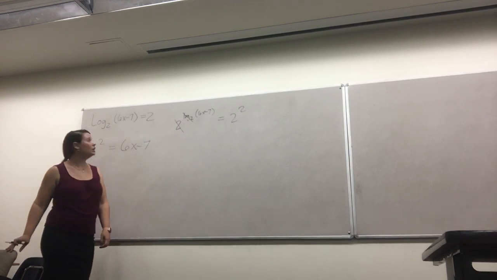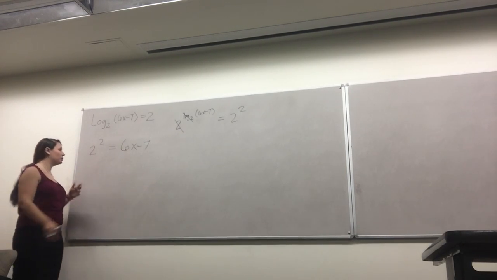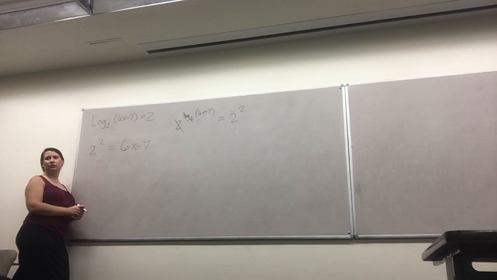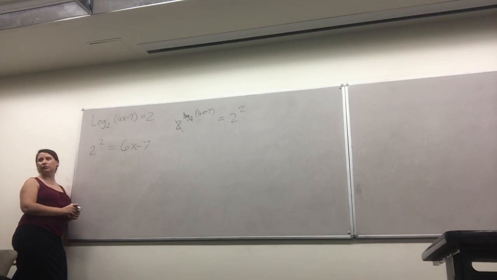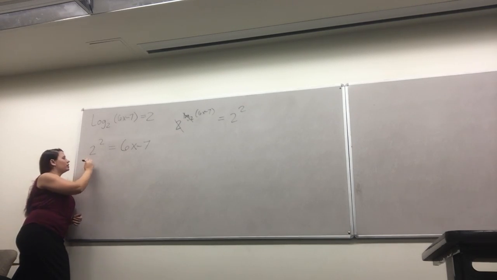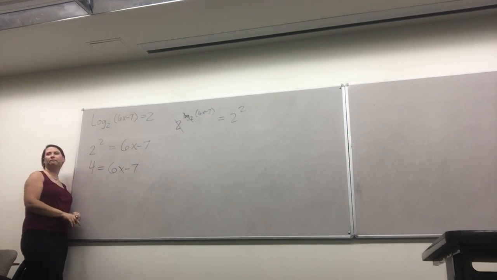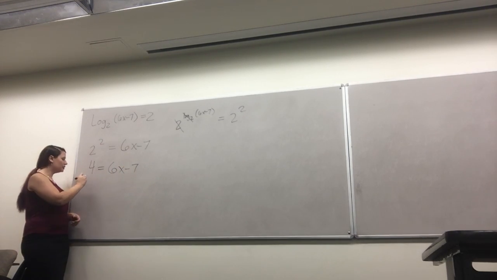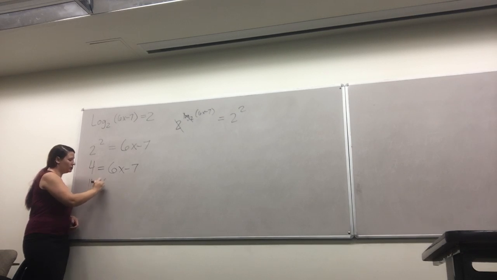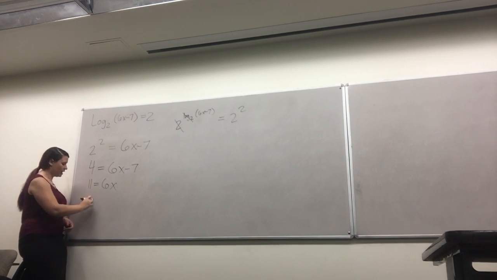So let's continue from here. What should we do next? Don't everyone talk at once. I told you I'm in a rare mood today. So, what about this side? How can we simplify it? 2 squared is 4 equals just 6x minus 7. Now what? Add the 7. So we get 11 equals 6x. So then x equals